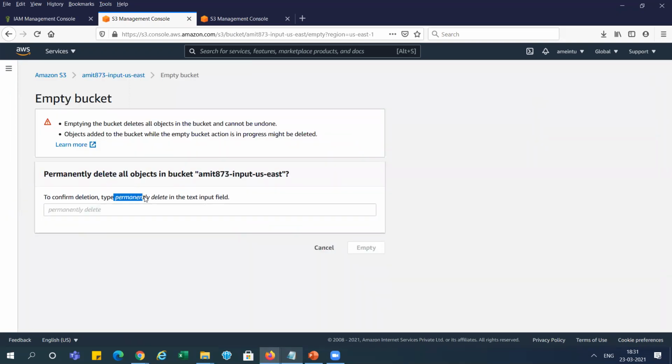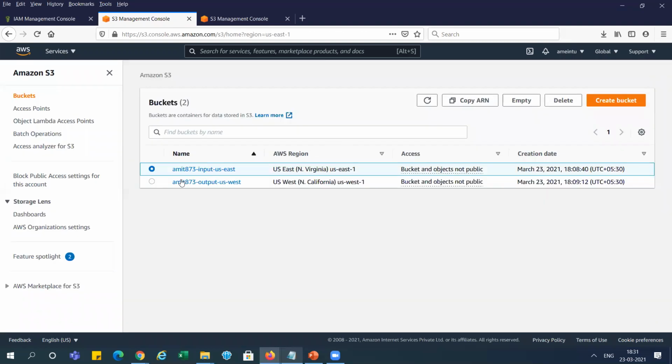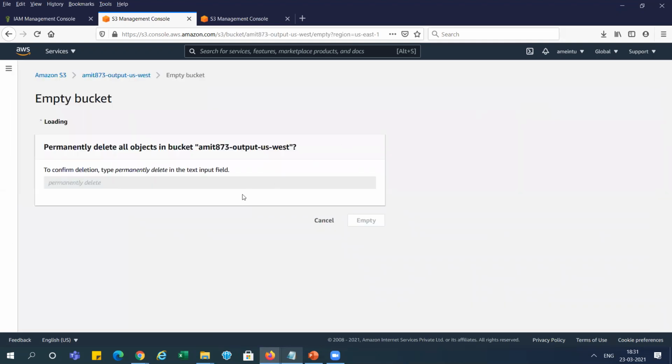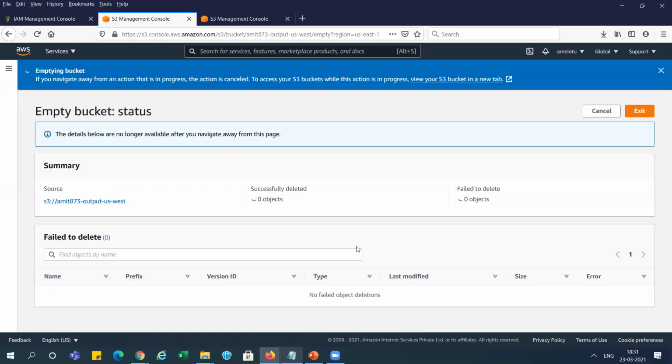Sorry, I'm not able to select. Permanently delete, right? And exit. Now I need to select this one, empty, permanently delete, right?